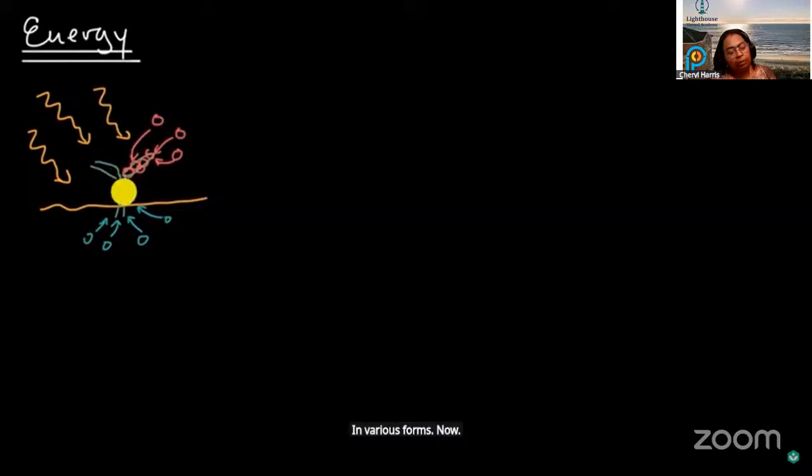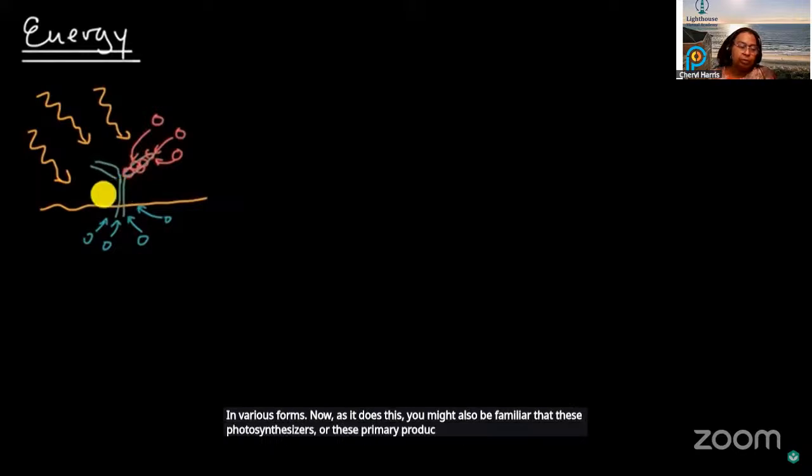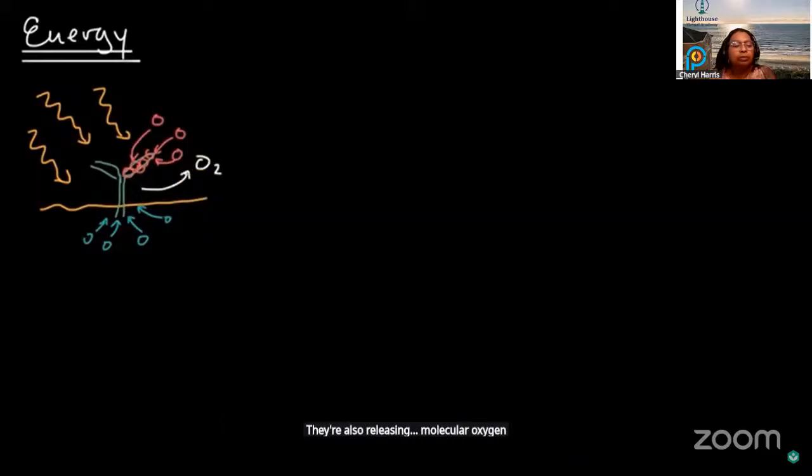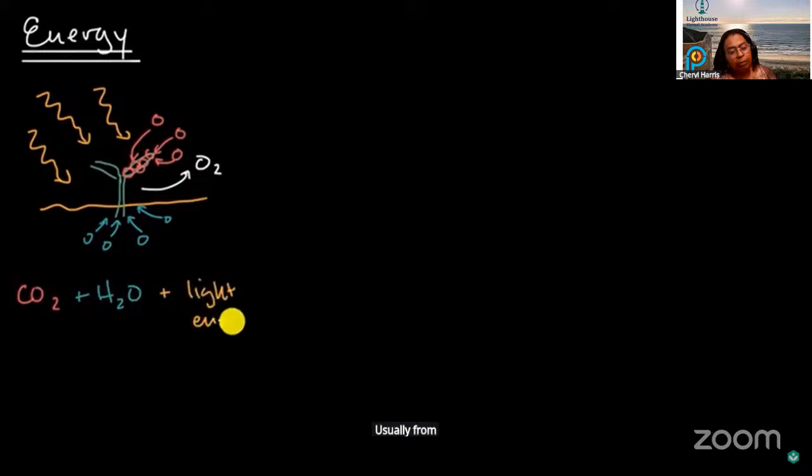Now, as it does this, you might also be familiar that these photosynthesizers, or these primary producers, or these autotrophs, they're also releasing molecular oxygen. Now, if we were to describe this in chemistry terms, we would describe this process of photosynthesis as taking carbon dioxide from the air in conjunction with water from the soil. And what's fueling all of this is light energy, usually from the sun. And what that is yielding is